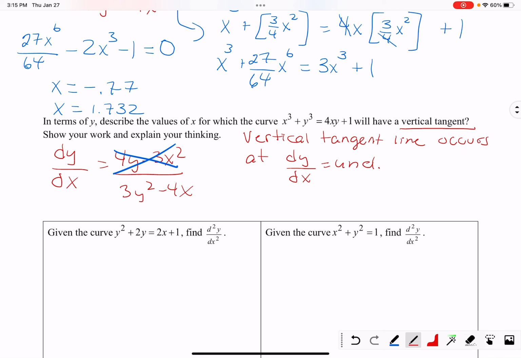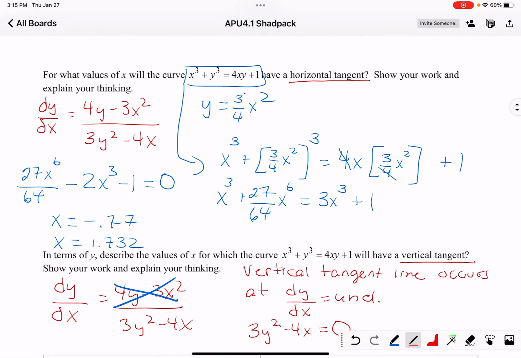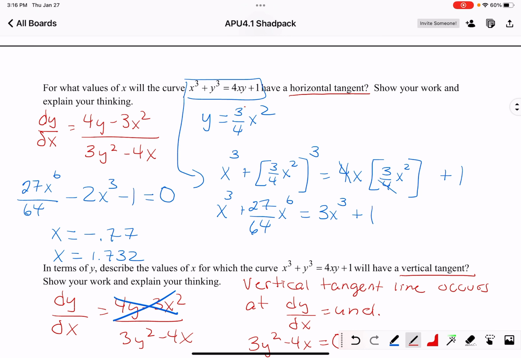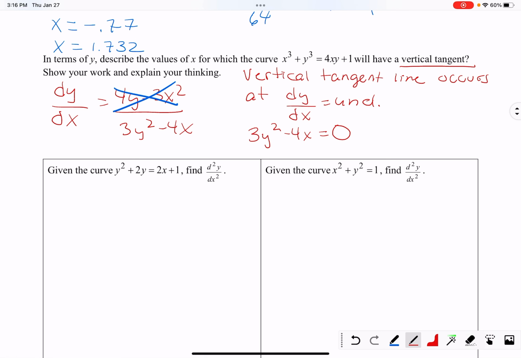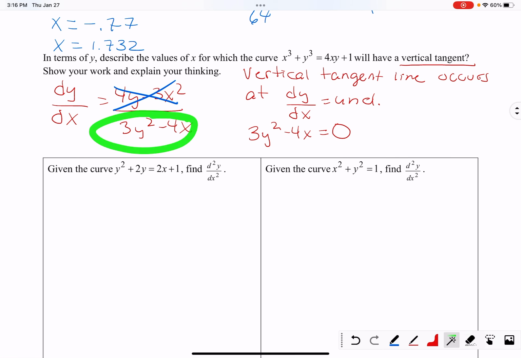Now, this problem you don't have to do as much work. I want you to give me the x values in terms of y, so I don't want any numbers or exact values. So all you have to do is take the bottom, set it equal to 0, and solve for x. If I wrote this problem like the first problem, in terms of y, then that would have been a lot easier. But when you have to find the exact location, that is pretty intense. So to get a vertical tangent line, it's when your denominator is equal to 0. So we just set it equal to 0 and solve it out for x. When you isolate the x, you should get x equals